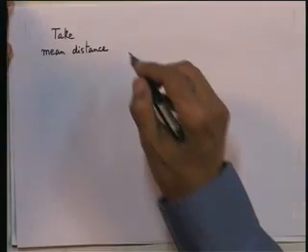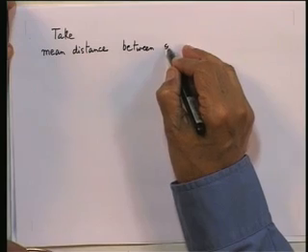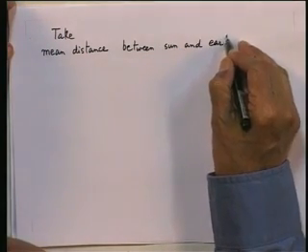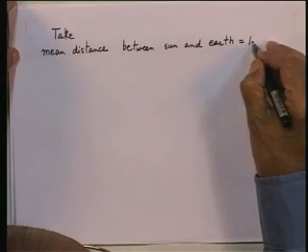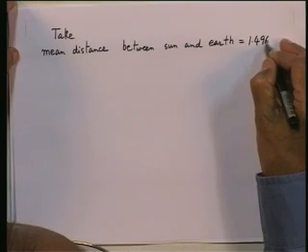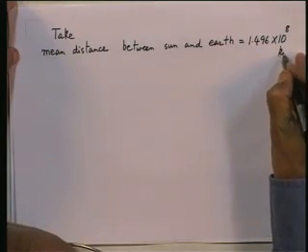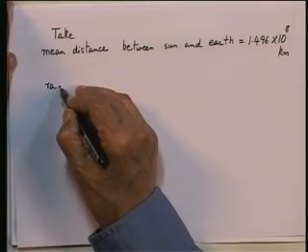Take the mean distance between the sun and the earth to be 1.496 into 10 to the power of 8 kilometers, okay, and take the radius of the sun